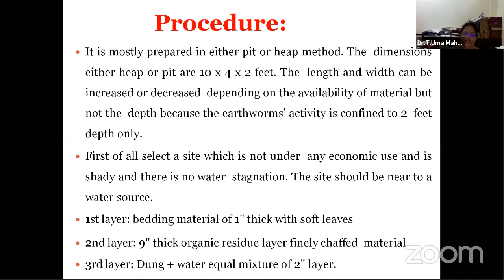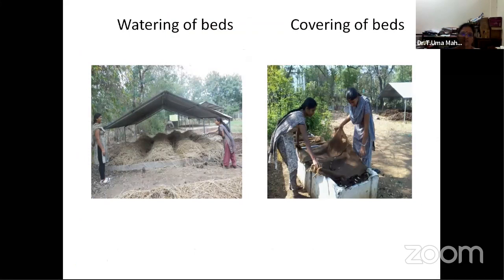Here, I already told you, pit method or heap method. Above the soil you can have it; you select such a site with water and other facilities, so you can use the material, dung and everything. This is how our students have formed the beds in the shed. You see the height here above the ground, so that even if rainwater comes, it will go away and will not touch the bed. Or you can use cement tubs like that. Then after release of the worms, the bed should be covered with either straw or gunny bags or any material, which you can use for conservation of moisture.